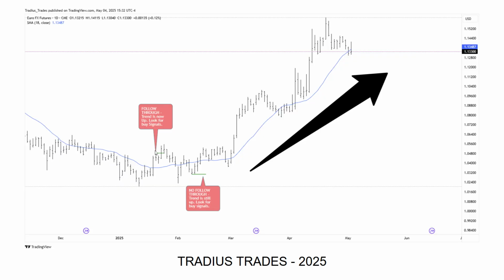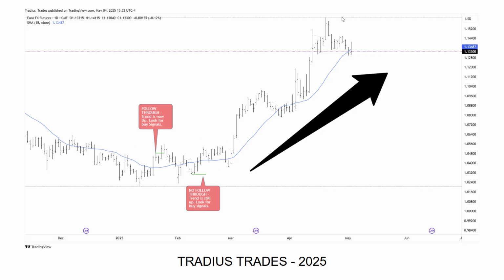So next thing here, we have 2 bars above the 18 MA, 1, 2. They're not inside bars. We trade to the high of that bar, and we have our trend is up now. So then price comes down. We see 2 bars below the 18 MA, but what do we notice here? There's no follow through. So as soon as we traded to the high of that bar, it's like, oh, the trend is still up. We should look for buy signals in this market. This market is still bullish. And look at this trend. Basically, this puts you in alignment with strong trends.